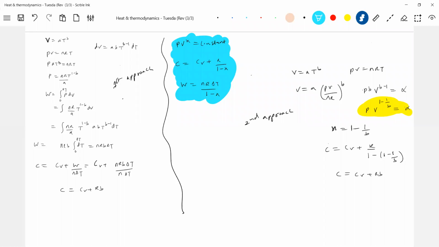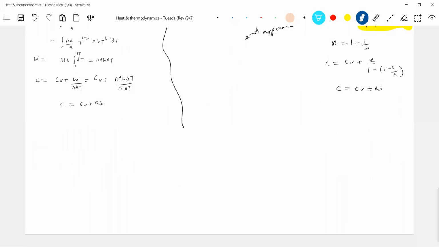Now, sometimes what happens, we get equations like dq is equal to something in a process, and the question asks for the pressure and volume relation or the molar heat capacity of the process. What has to be done? The first law of thermodynamics is still valid here. The question is to find the molar heat capacity.